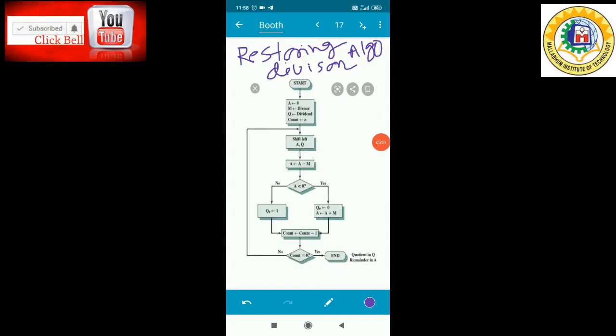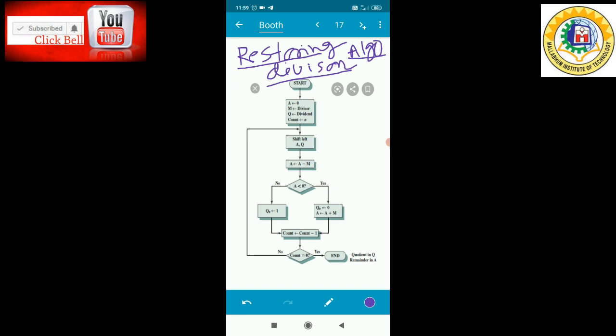Okay, so in this lecture we will study a method that is called the restoring division method or the restoring division algorithm. With the help of this algorithm we will try to find out the division method in a simpler fashion. That means how the computer will perform the division algorithm in a computer based or microprocessor based machine. Computer performs the division method with the help of this division algorithm.